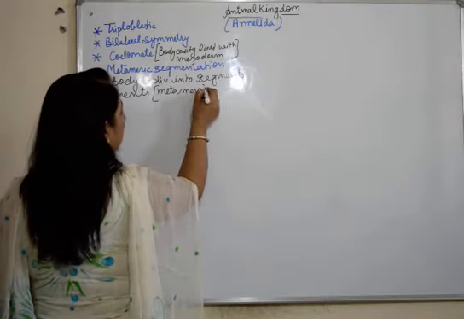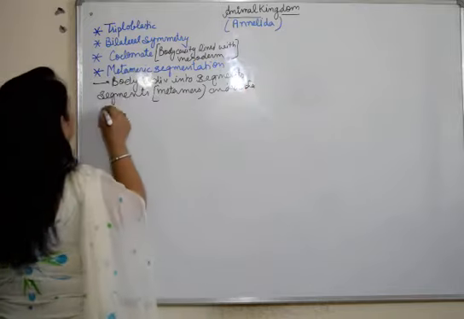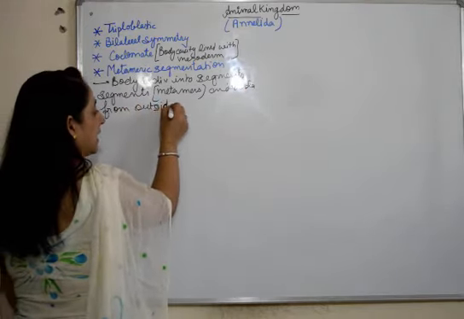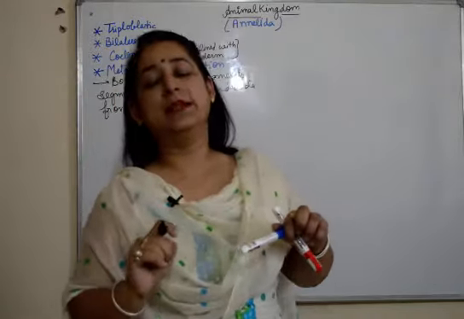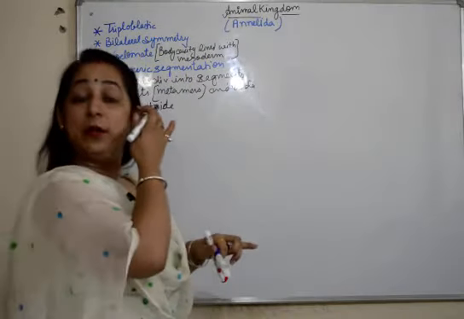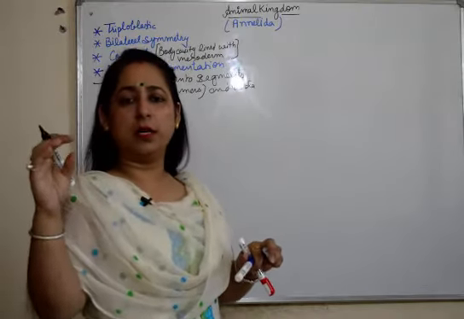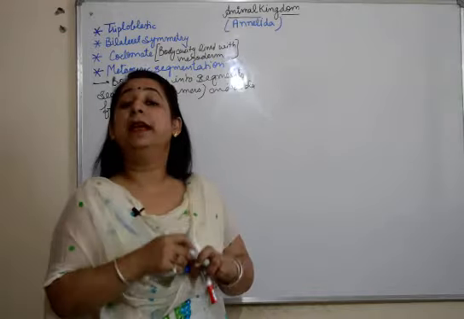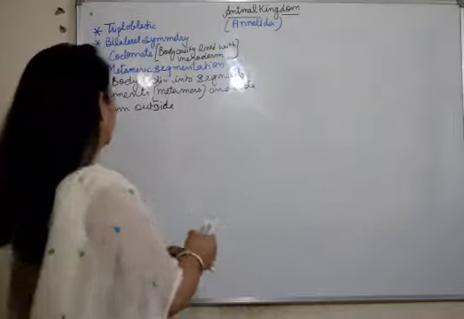They are called metamers and are visible from outside. In some cases they are visible outside and inside as well, the complete segmentation is there, but the common feature is that they are visible from outside. They are known as metamers. So this is a significant feature of annelids. If you see the structure of an earthworm, you can see that there are segments present on the body. So that is metameric segmentation, which is a significant feature of annelids.